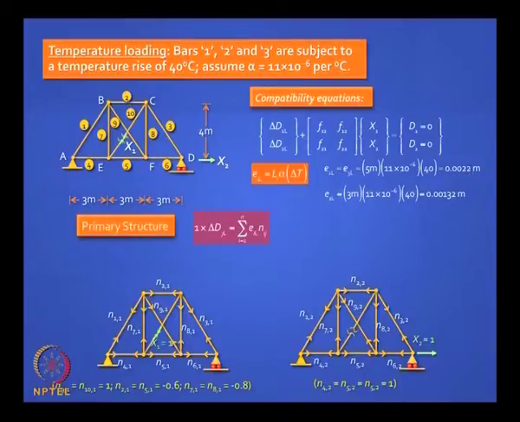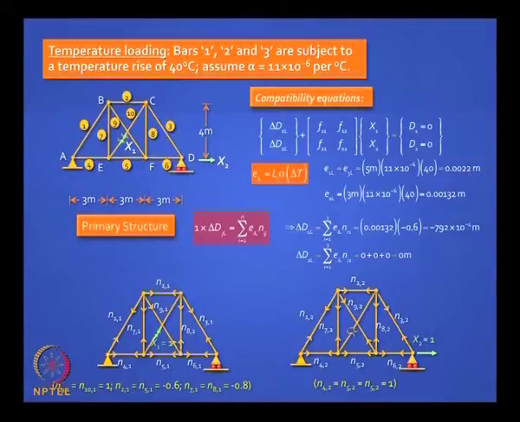You have the forces caused by x1 equal to 1, you have the forces caused by x2 equal to 1, and you will find that delta d1l, in this case it's easy to work it out. Delta d1l you can solve and you can sum up. You will find that only these 3 bar forces you need to worry about, because all the other ones are 0. So you have 3 bar forces, you can multiply them and get the answer. They turn out to be equal to 0.6, so it's easy to work out. So delta d1l you get.